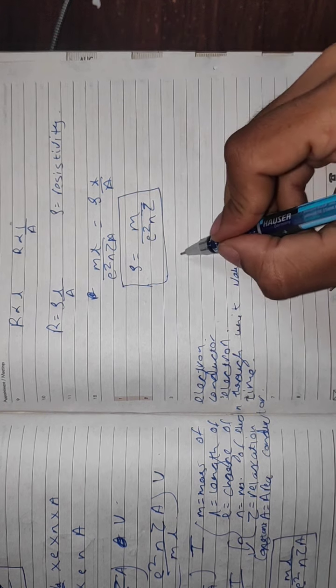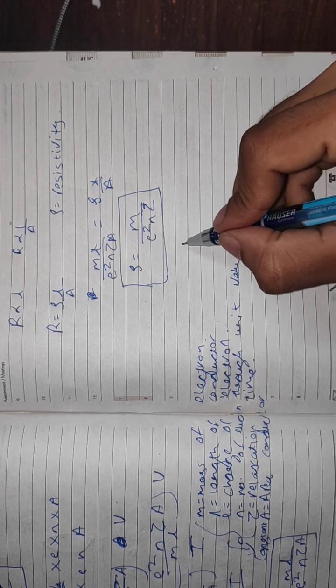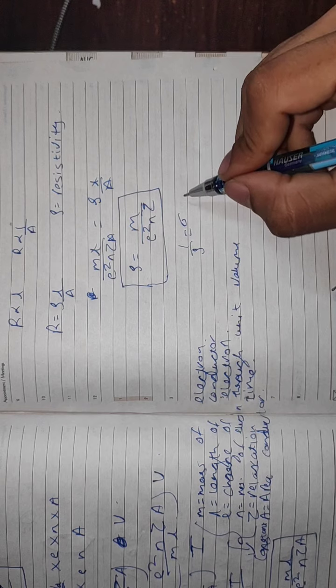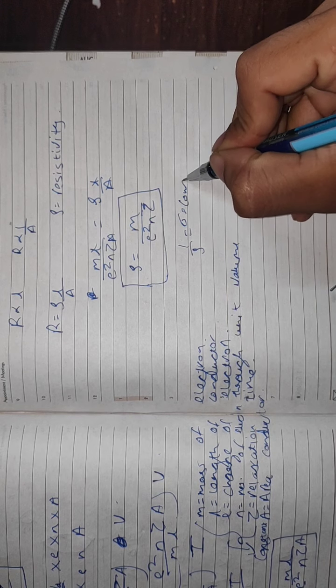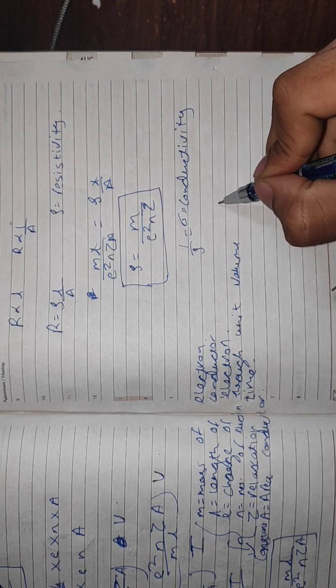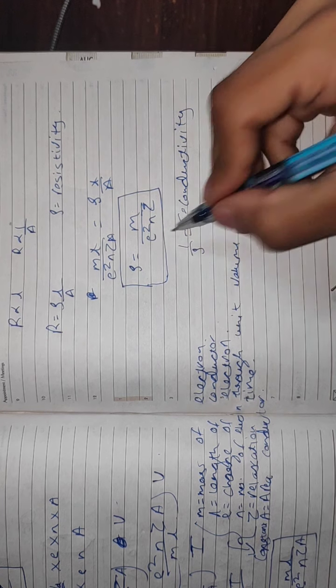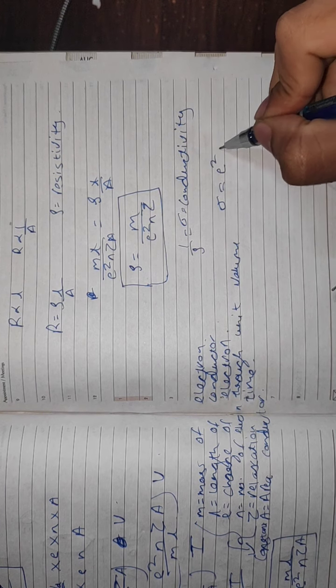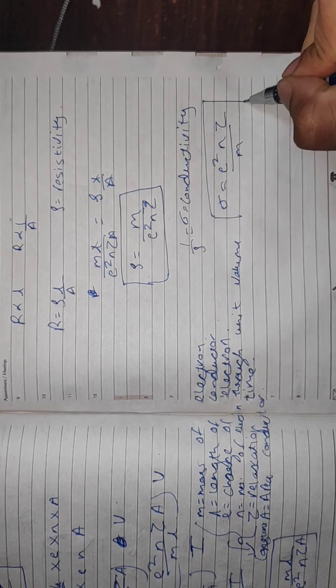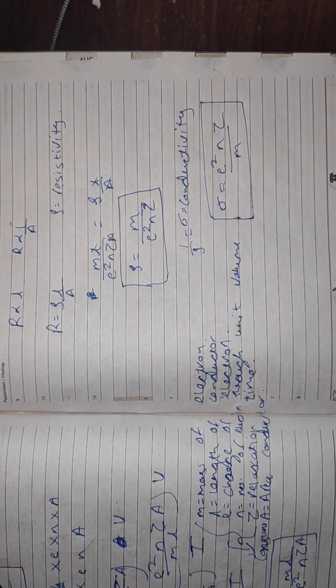Now if you want to write this in terms of conductivity, 1 by rho is equal to sigma, that is conductivity. So conductivity can be written in the form of, I will just reverse it. This is in terms of conductivity. You can write it in the form of